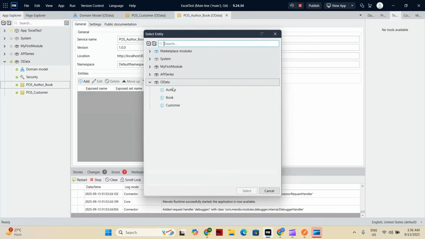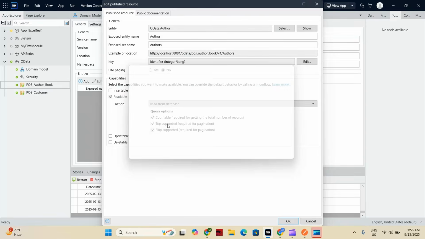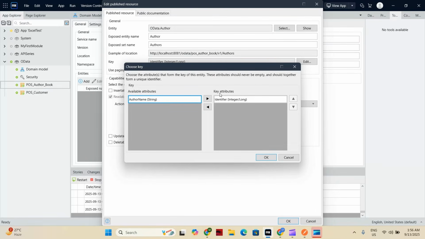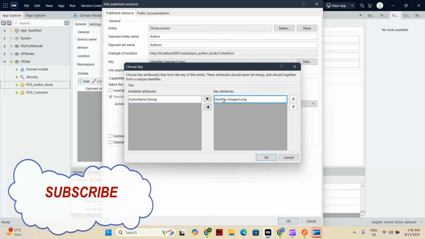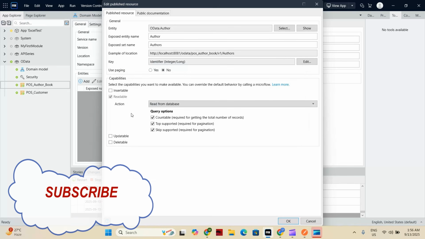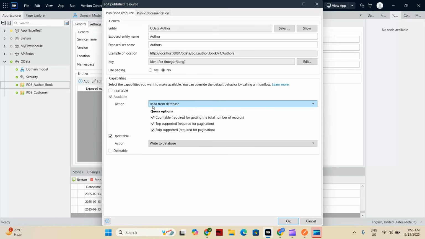Click on add and select author entity, and you can see here key attributes for identify. Click OK. For this entity I am also selecting readable and updatable, and I'm keeping it by default. Just click OK